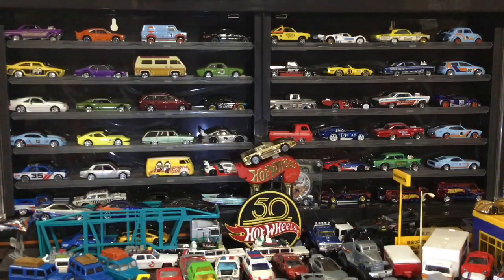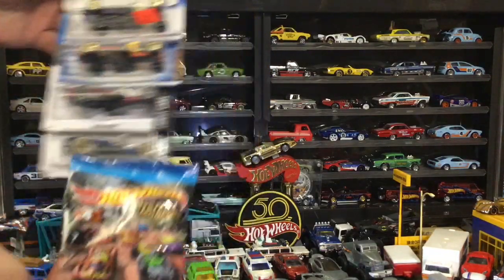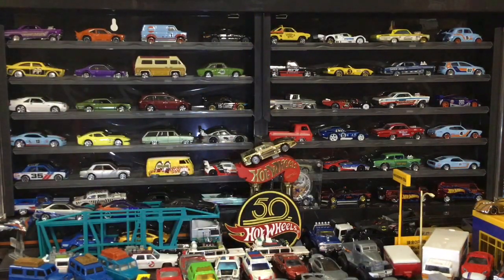All right, so here we go. We got about like 5 of them, plus we got the mystery pack over here. And you're probably saying, that looks more like a Halloween thing. You are right. But at the time, we didn't have all of them, so...